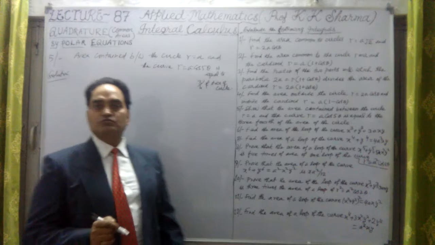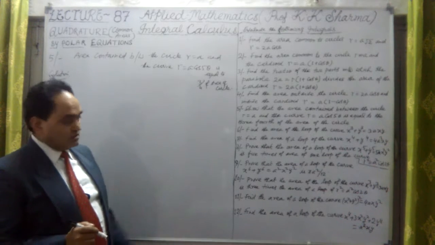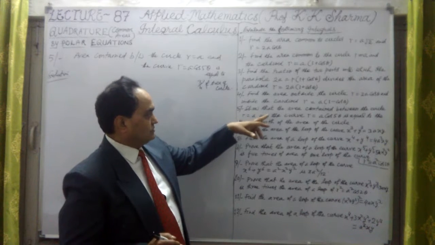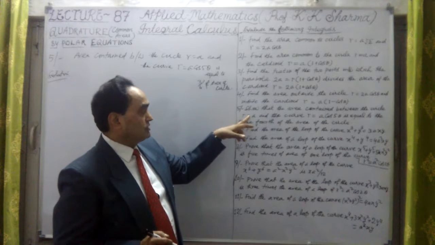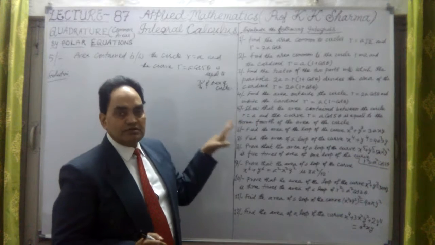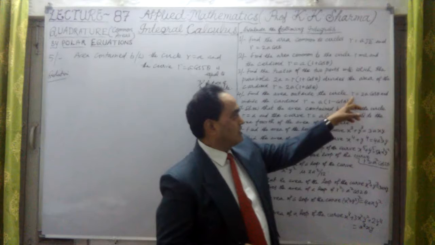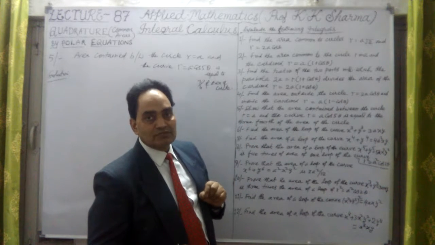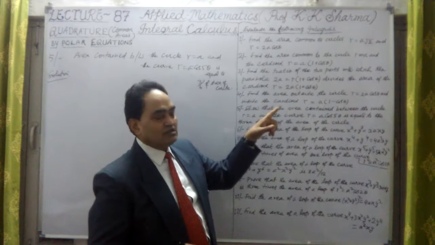Yes, guys. So after question number 5, let me continue with question number 5. Now, what does question number 5 say? It says, show that the area contained between the circle r equal to a, a circle with radius a, I'll just define this. Now, in question number 4, we had r equal to 2a cos theta. That was also a circle. I didn't explain that in detail, but I took just that the area of that circle is